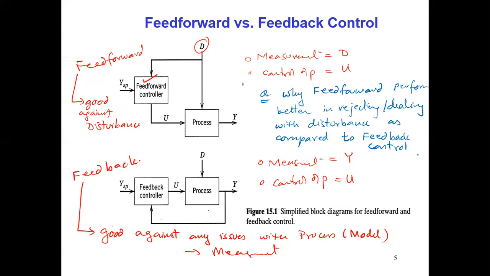Okay, so keep in mind to figure out the answer to this question. Why does our feed forward controller reject disturbance in a better way as compared to the feedback controller? I will repeat: why and how feed forward control behaves better in dealing with the disturbance as compared to the feedback control. Okay,